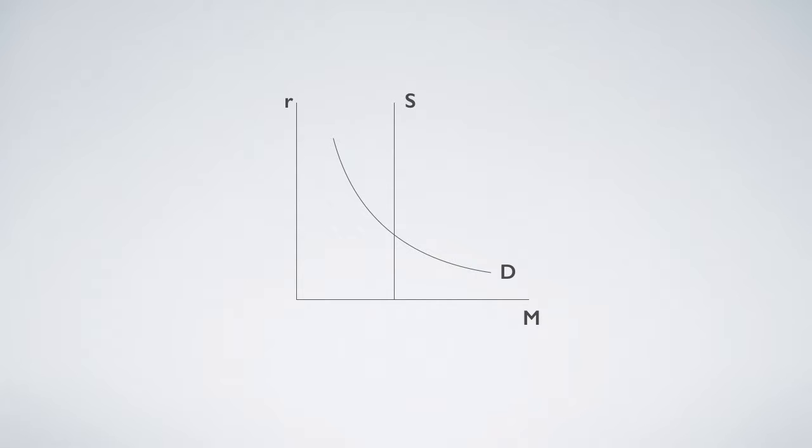This graph contains a demand curve and a supply line. When a central bank increases its money supply, the vertical line shifts rightward to result in a lower interest rate, and more people will come to borrow from it. This graph seems to tell that central bank is a money lender. But what if this graph does not exist? I suppose that neither the demand curve nor the supply line on this graph exists.